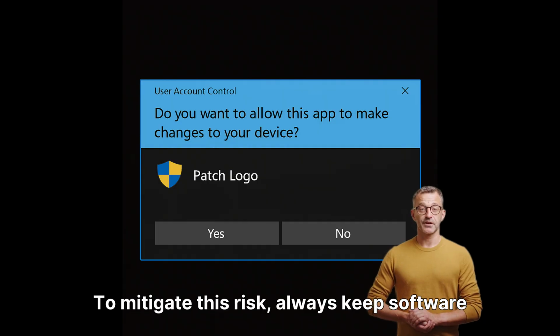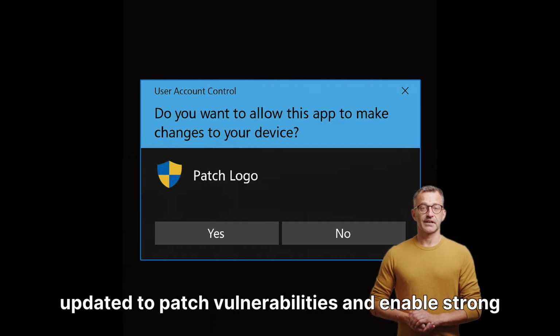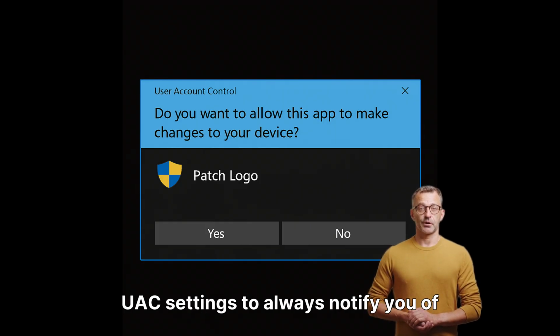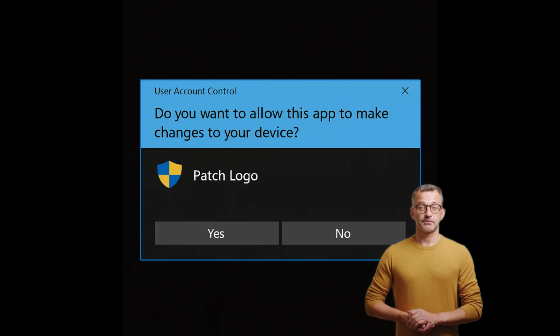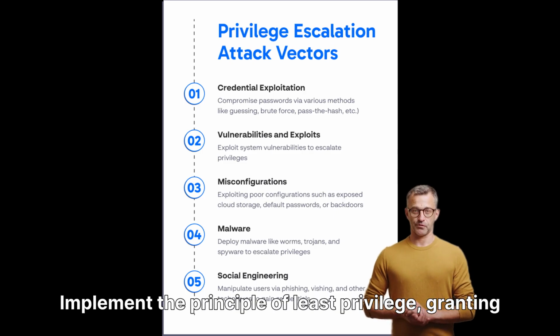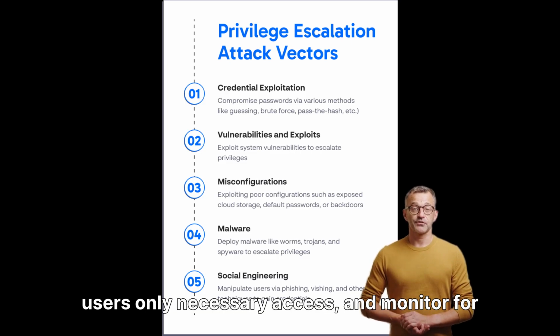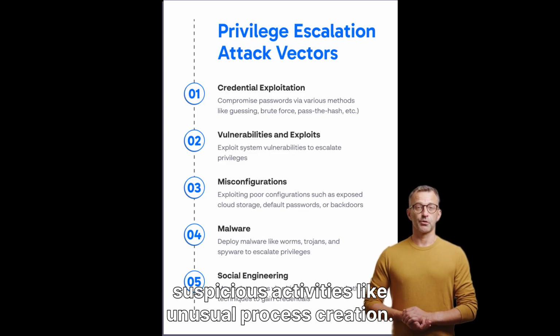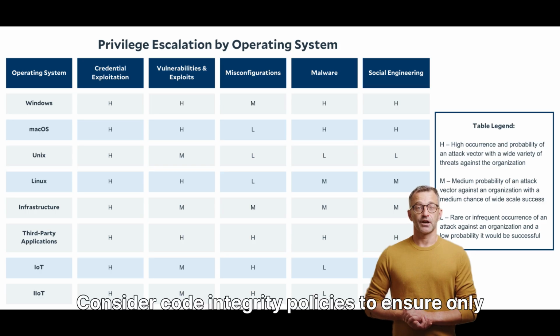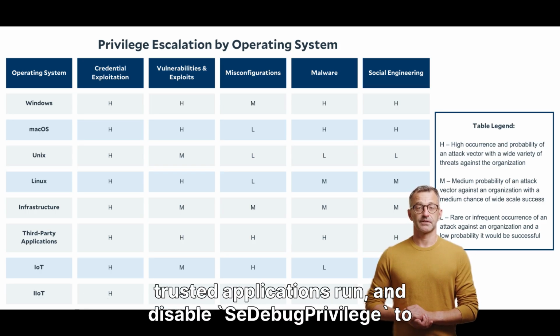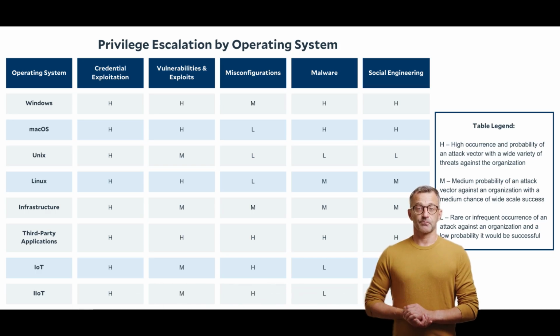To mitigate this risk, always keep software updated to patch vulnerabilities and enable strong UAC settings to always notify you of changes. Implement the principle of least privilege, granting users only necessary access, and monitor for suspicious activities like unusual process creation. Consider code integrity policies to ensure only trusted applications run, and disable SeDebugPrivilege to prevent memory